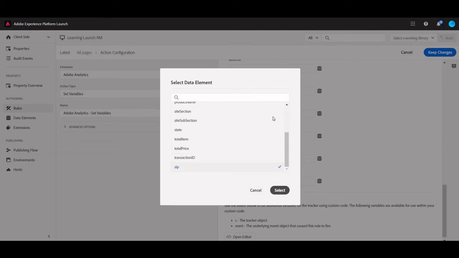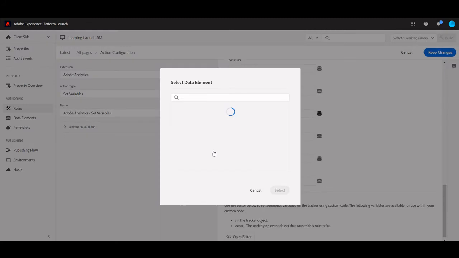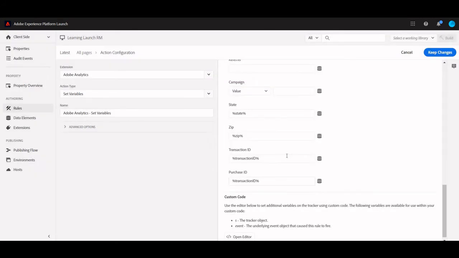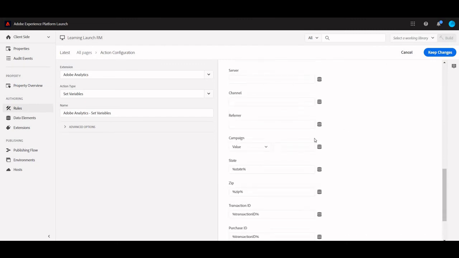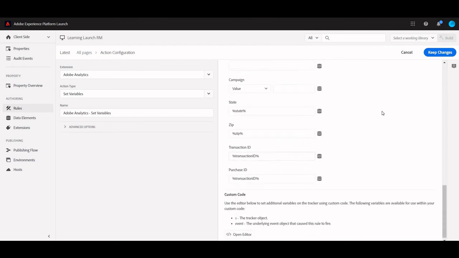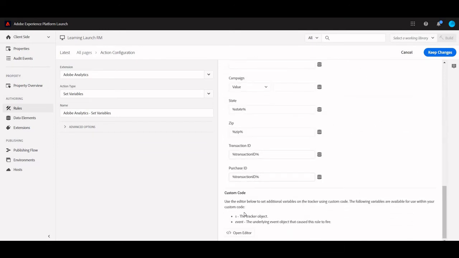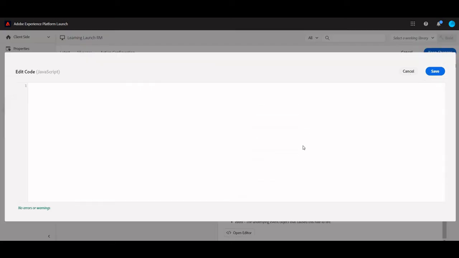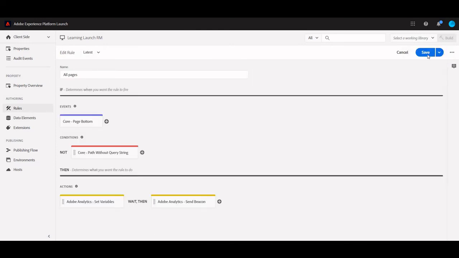Zip will be zip and state will be state. That's it. Let's save it. Everything looks good. Let's keep the changes and save it.